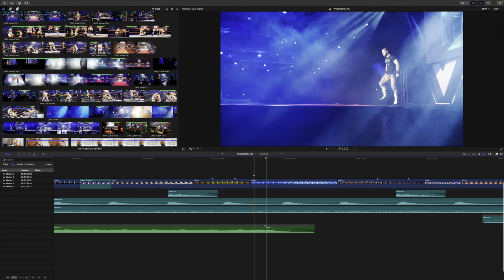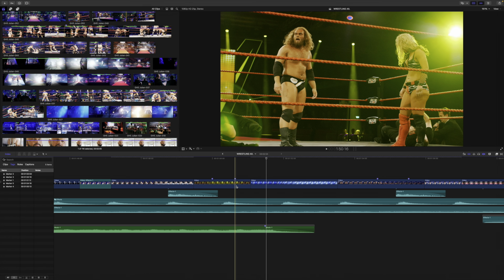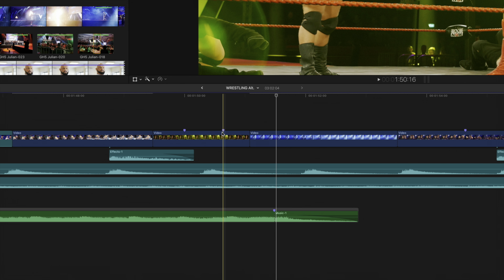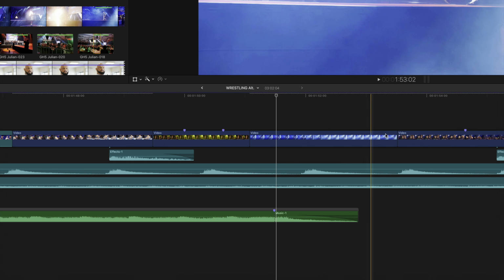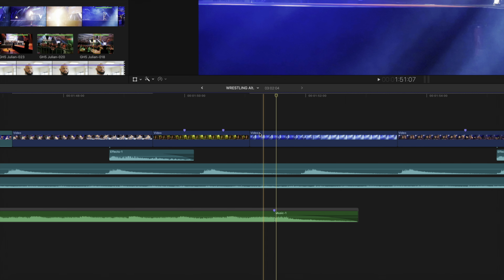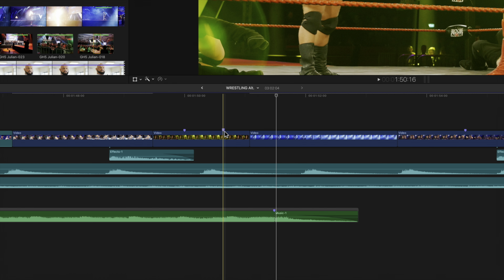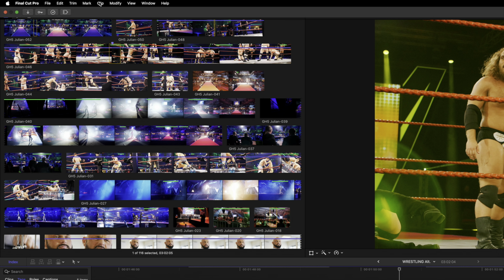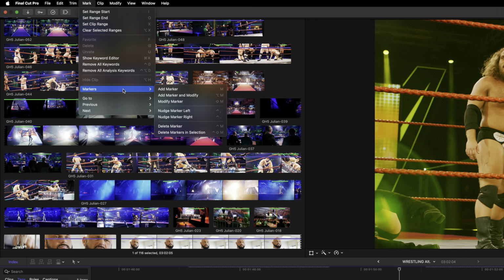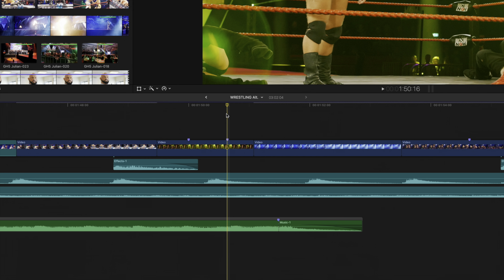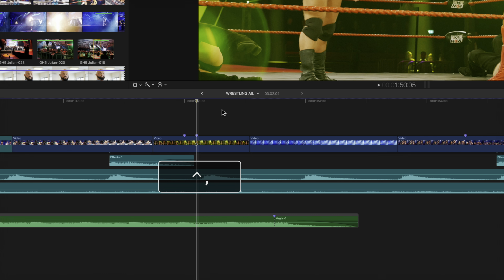Moving on to something I'm pretty sure many have wished and asked for: movable markers. And while you could always move markers in general, it was a rather tedious multi-step task if you wanted to move them further than just a few frames. You could place your playhead over the marker and then, as you can see in the Mark and then Markers submenu, use the shortcuts Control comma to nudge the marker to the left and Control period to nudge the marker to the right by 1 frame.